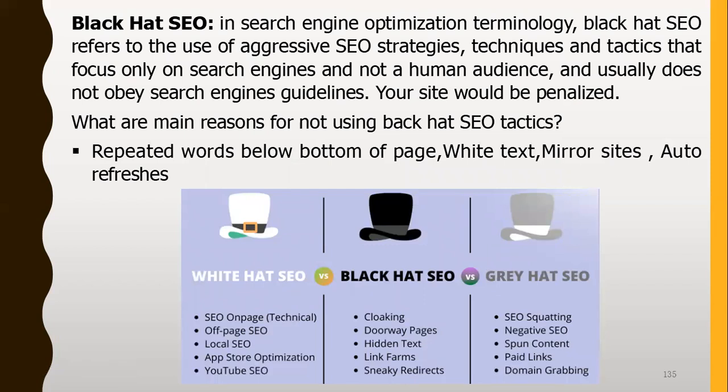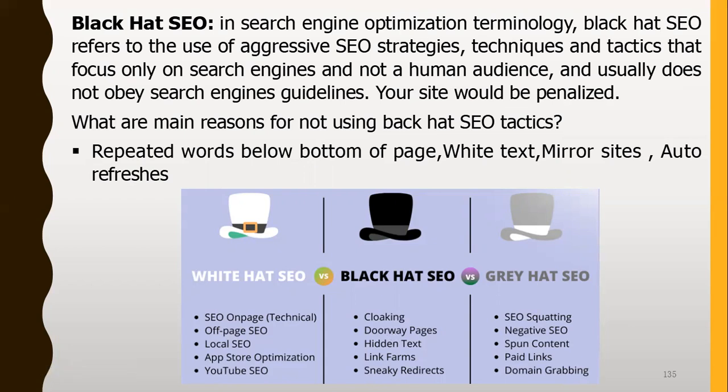Now, some people want to rank on the first page of Google, but they want to do it in a messy manner. That's what we refer to as black hat SEO. It's when you use some techniques that will typically deceive the search engines, but you might be penalized because you want your website to rank. For instance, you do cloaking. You try to create other sites that mimic the same sites.